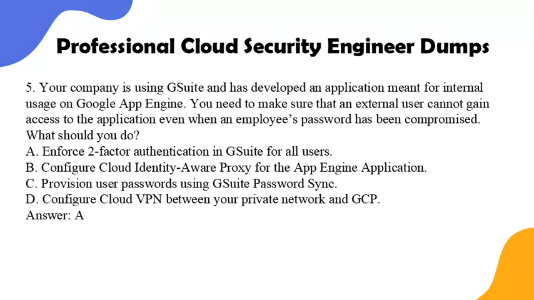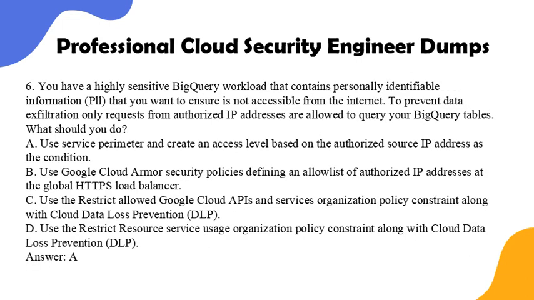C. Provision user passwords using G Suite Password Sync. D. Configure Cloud VPN between your private network and GCP. Answer: A. 6. You have a highly sensitive BigQuery workload that contains personally identifiable information, PII, that you want to